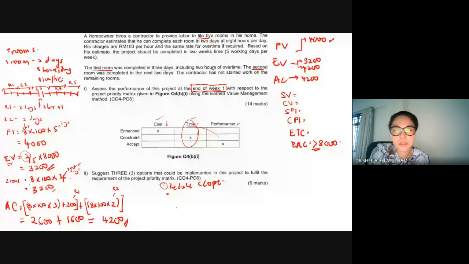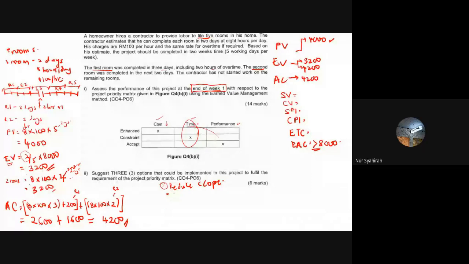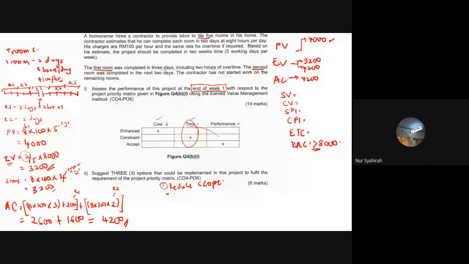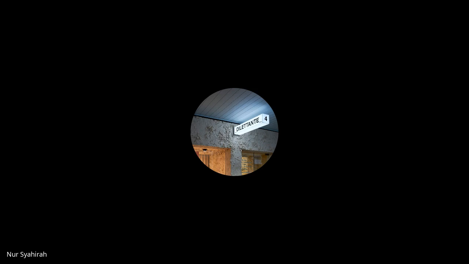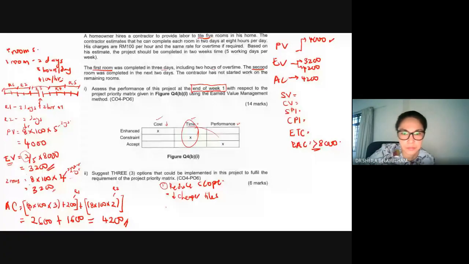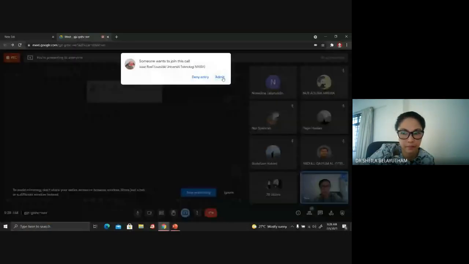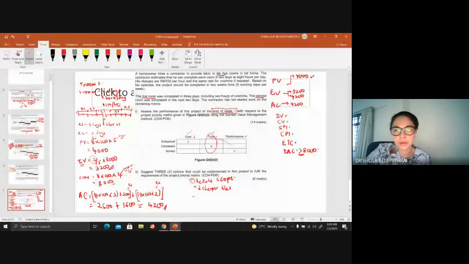Use cheap tiles. Cheaper tiles. Okay, what else? Think. So the tiles, how can we